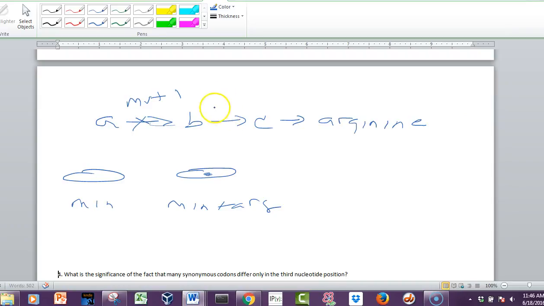Now let's say mutant 1 is there, and let's say we have another mutant that can't do this step. And so both of them, if we add arginine, then they'll be able to grow. For mutant 1, all we have to do is add whatever this intermediate is on the way to making arginine, and it will grow. Because if we add B, we'll have bypassed this step that is necessary, and it should be able to grow.